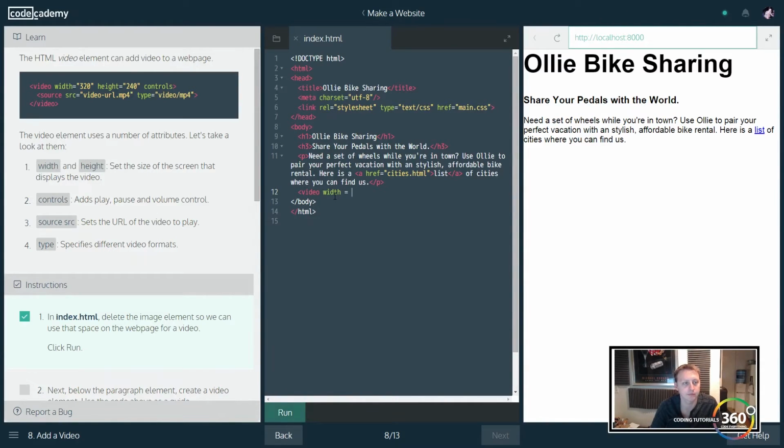So video, width, height, you can guess pretty easily, even if you never saw a line of HTML, what that would be referring to. It's the width and the height of the video. Controls, maybe you wouldn't know straight off the bat. So, /video, and this has a closing tag, and this is going to be somewhat similar. In this case, we're just going to say source src equals